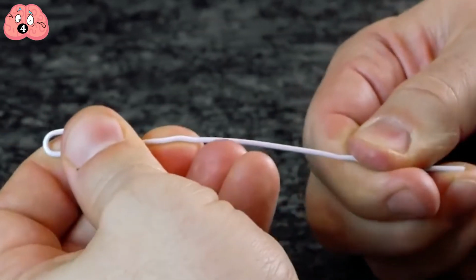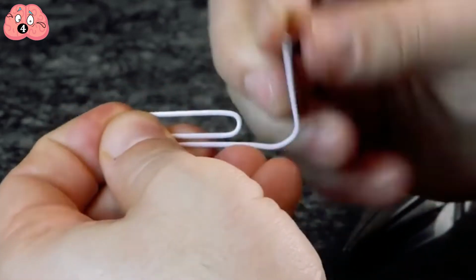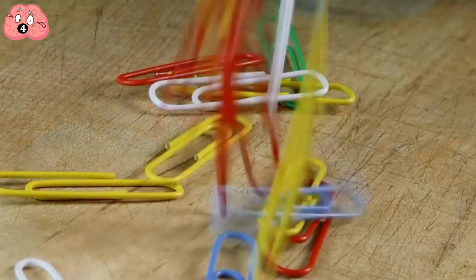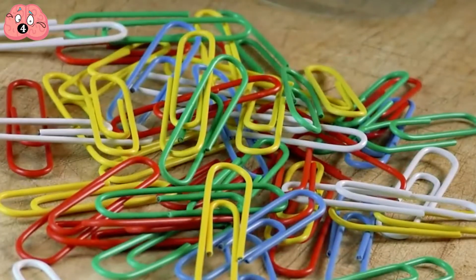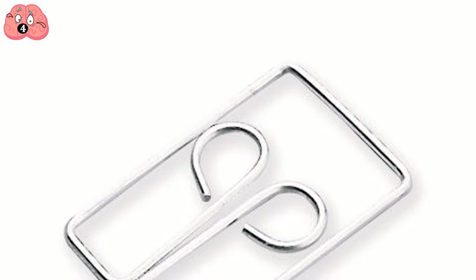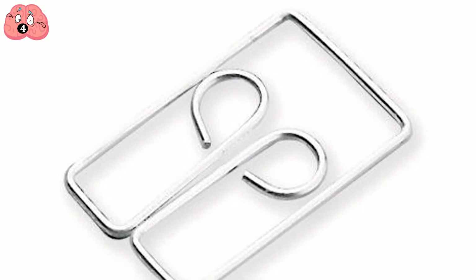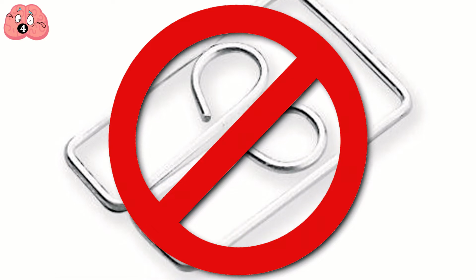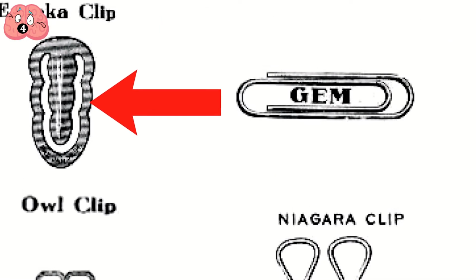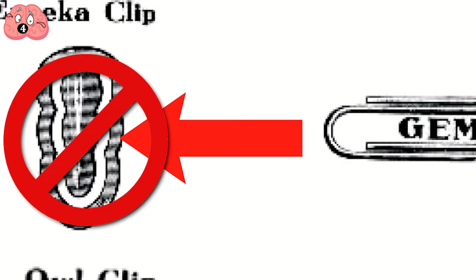The Gem consists of a single wire of steel, molded around itself with 4 180-degree turns, each shaped with a curve. Its superiority to competing paperclip designs lay in its simple, cheap construction and its paper-protecting qualities. Other early model paperclips, such as the owl clip, involved more complex knots of wire that could damage held-together files over time. Or the Eureka clip design, which consisted of rounded, heavier chunks of metal and left papers poked and